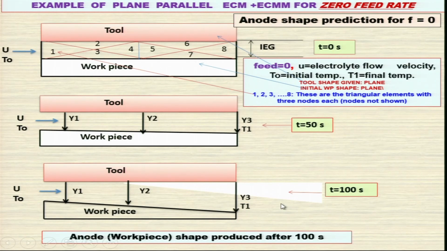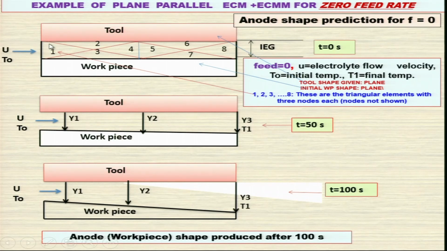Anode workpiece shape produced after 100 seconds. So, this is the workpiece shape, and theoretically you have to calculate this particular shape after machining for 100 seconds. So, as mentioned earlier, you do the things at the nodes